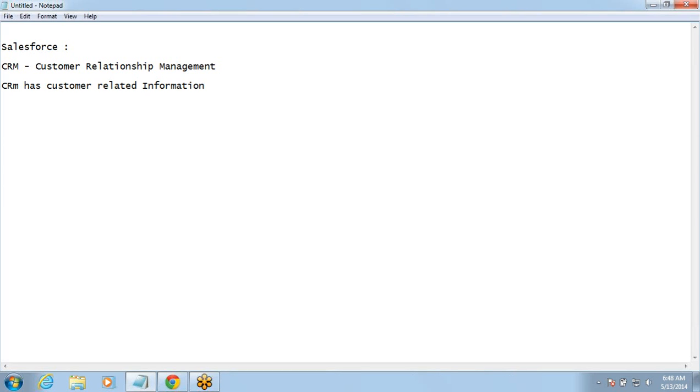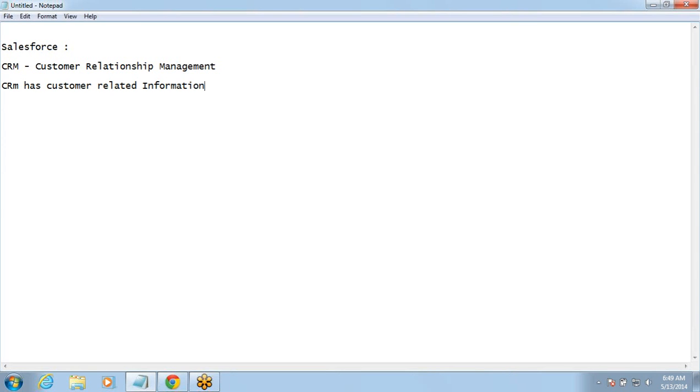So it's not just about their contact information. It can be the transactions, the conversations that I'm having with the customers. So all information related to customer needs to be stored. Okay, and why it needs to be stored? So that we can have smooth transactions, right? Uninterrupted kind of a business thing with them.